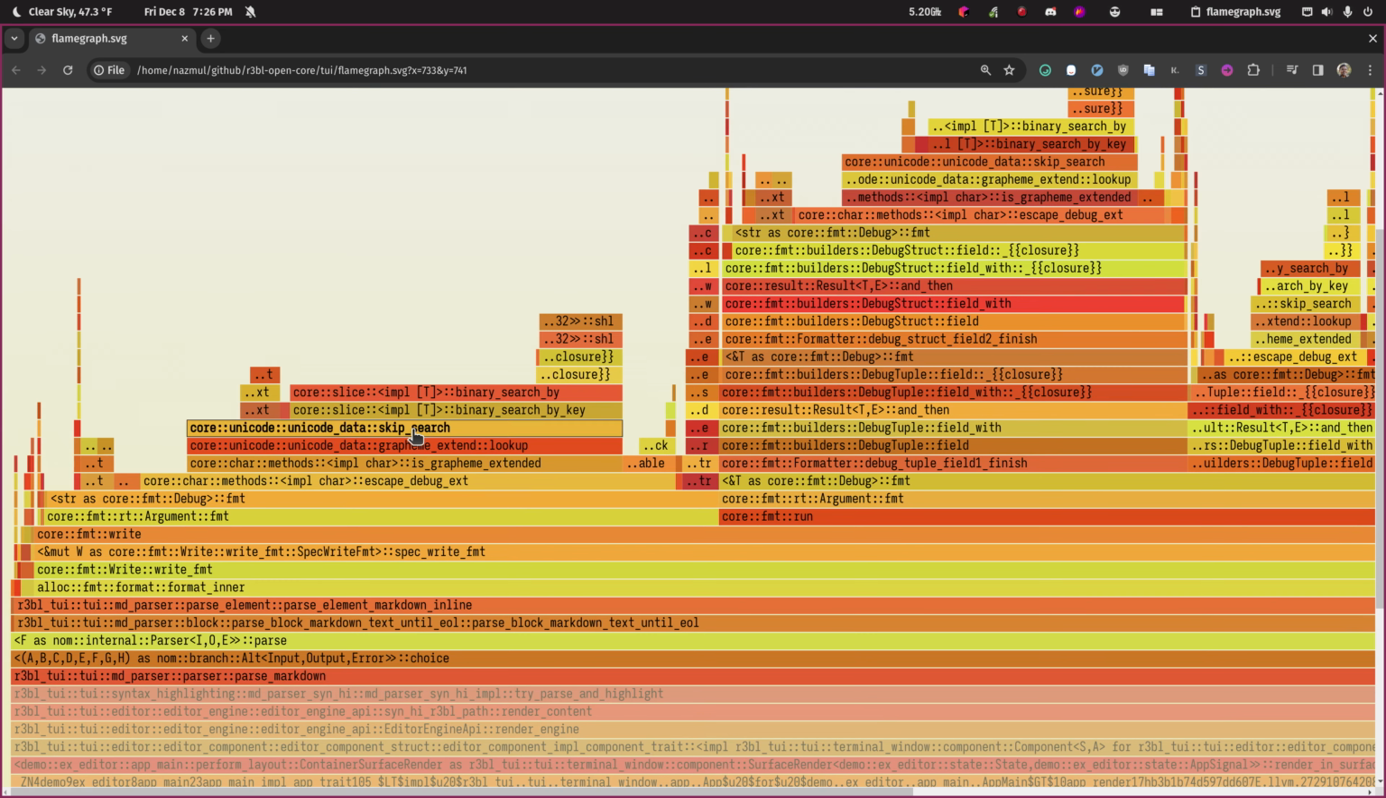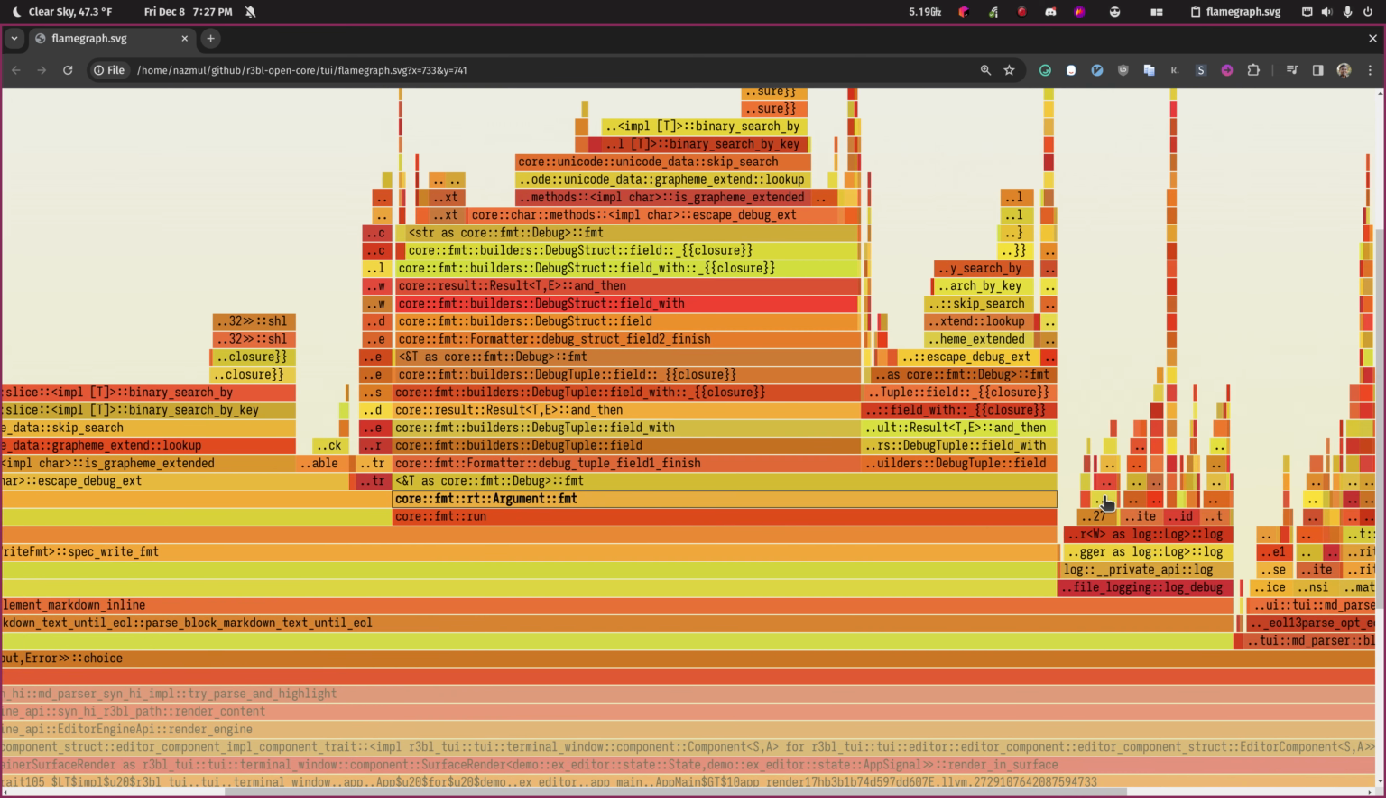So in the parse markdown function, almost all this CPU is going to the format function, which is part of the debug trait, and again, format, which is part of the debug trait. So you can see how this method called, and this is the standard library, char has a method called escape debug ext, and that seems to be taking up quite a bit of CPU cycles, which is kind of interesting. It turns out that these functions are a consequence of logging, because when I enable logging,